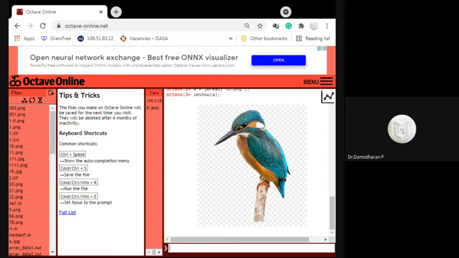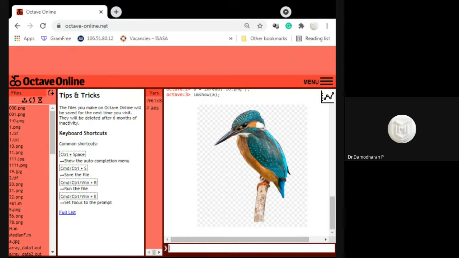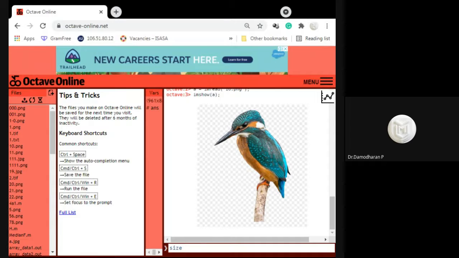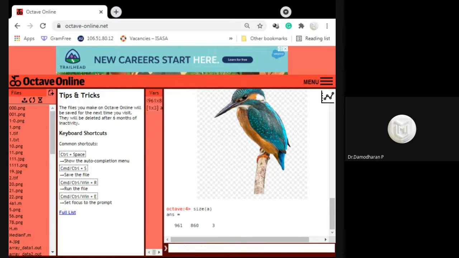Now I already read the image, and it is stored in the variable A. I want to see the size of this image. For that, I use the command size of A. It gives three parts of data. The first part is the row, the second part is the column, and the third part is the number of matrices.